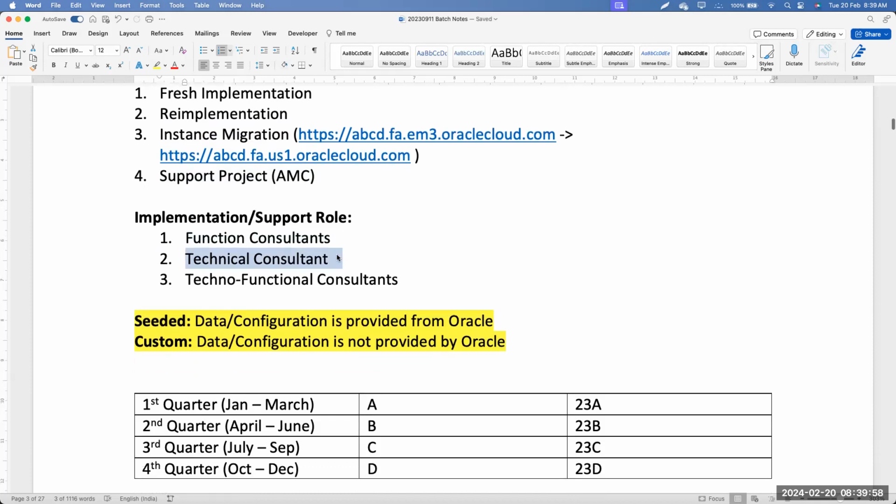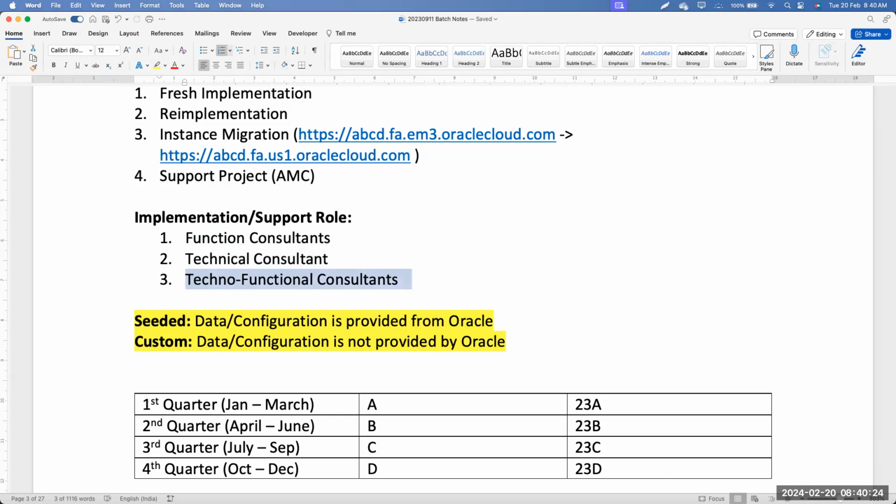Okay. And then we have functional consultants who take care of all the functional activities like speaking to the customers, getting the requirements, doing functional setups and everything. And then we have technical consultants who write fast formulas, create BI reports, write SQL queries and do data loading. Those people are called technical consultants. And then we have techno-functional consultants.